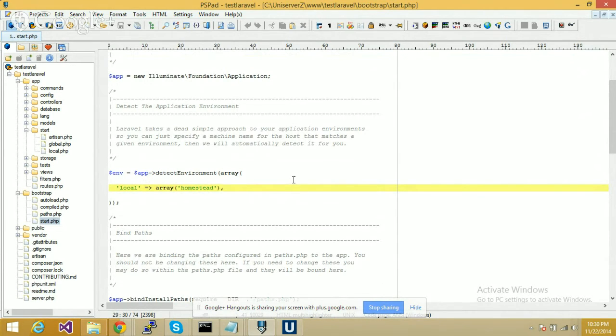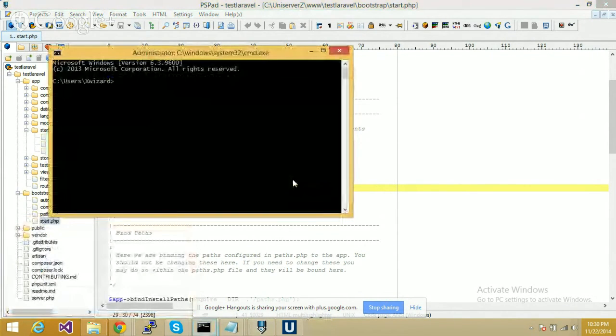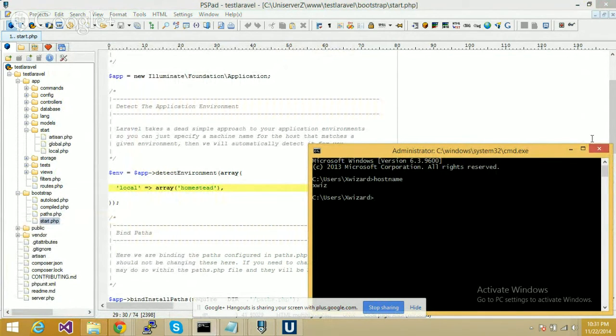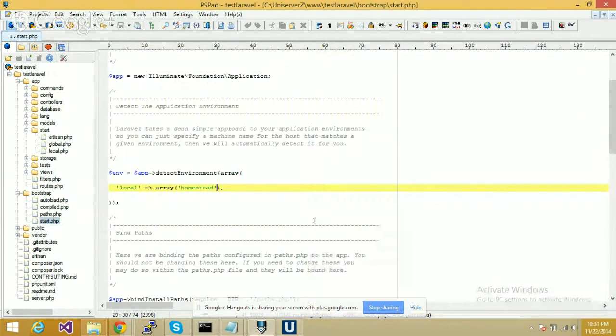So you can simply run a command on your command prompt, let's say hostname, to determine your host name. And once you determine your host name, what you simply need to do is add it to this array. Once you have done that,